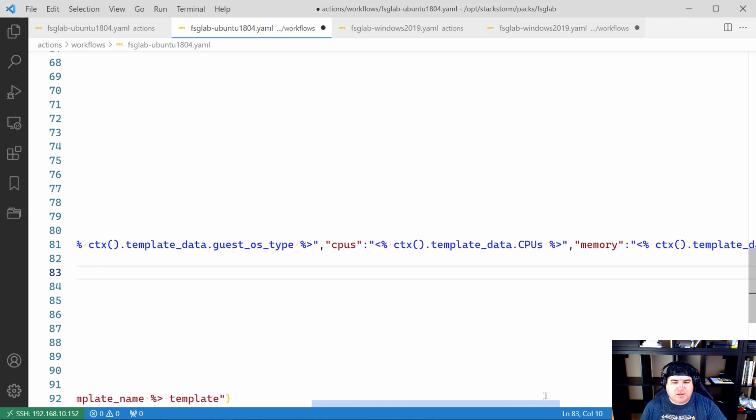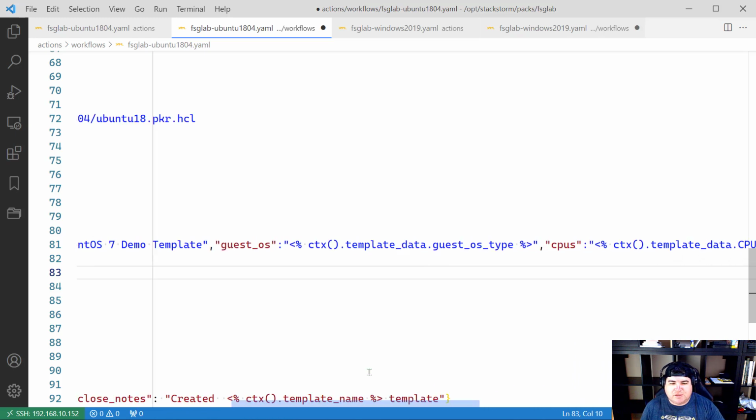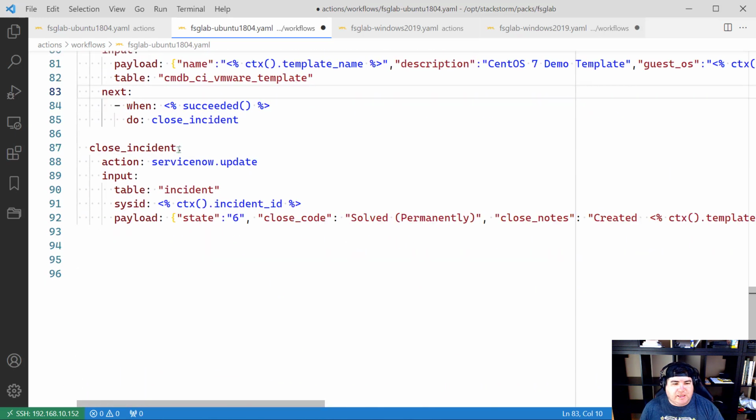So we're putting in template information. We're putting in what the CPU is, what the memory is, what the guest operating system was on this thing, disk size, right? And then a particular object. And then we're closing the incident, right? We're telling ServiceNow, okay, we created this ticket. Everything was fine. We created it properly, so we want to go ahead and close, solved permanently,